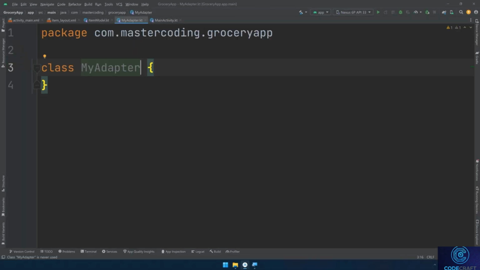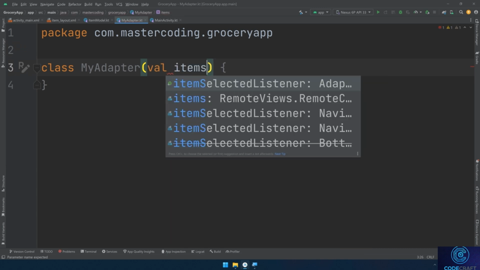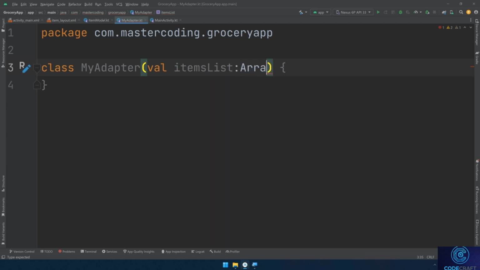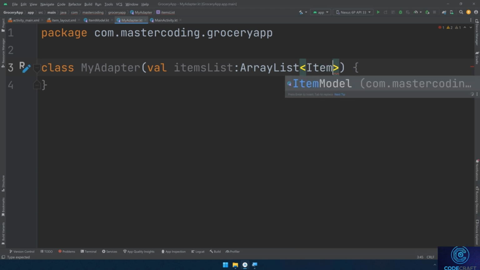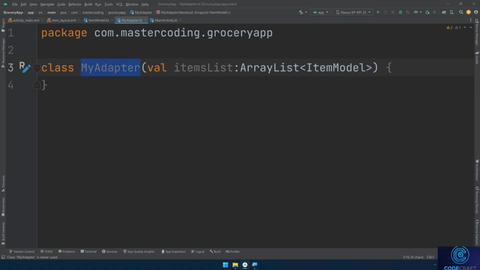Hit enter, and inside the primary constructor of this class, I'll create val itemsList. It's of type ArrayList, and I'll pass the generic type of this ArrayList as ItemModel. This is the name of the class, myAdapter, and here I am declaring a property inside the primary constructor of